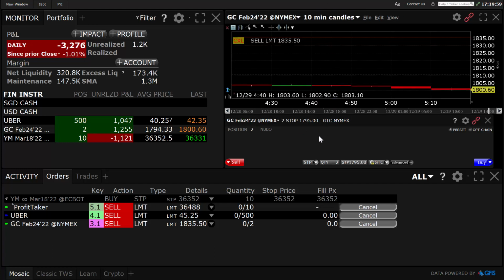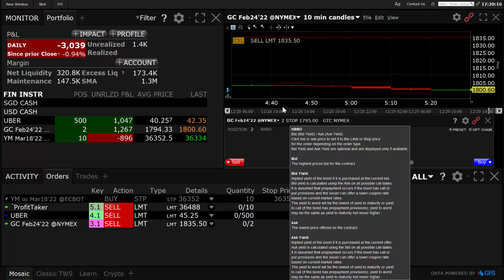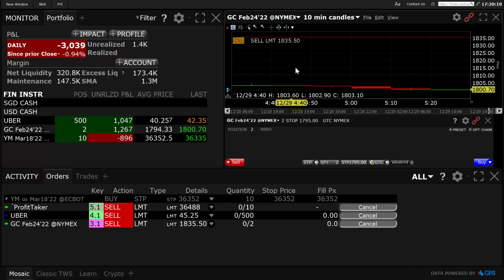Okay, I need to place a break-even stop on my gold position. It went up to 1821.60, needed to go to 1835, but it's possible it's just running really shallow this month because of the holidays and everything. So I'm going to go ahead and place a break-even stop on it, and plus there's only a couple days left in the month, so it's running out of time really fast to make it up to 1835. It's probably not going to do it at this point, although it could do it over the next few days, but I don't want to take a risk on it, so I'll just go ahead and place a